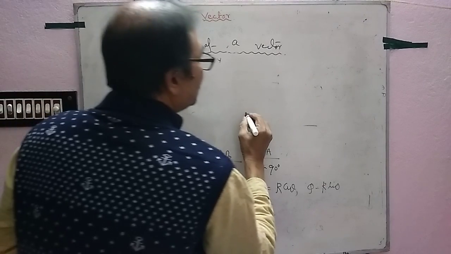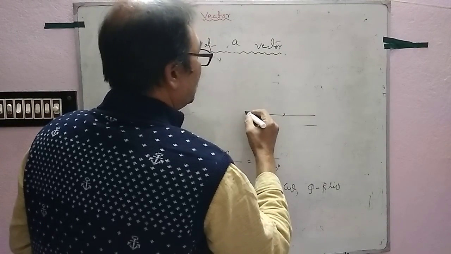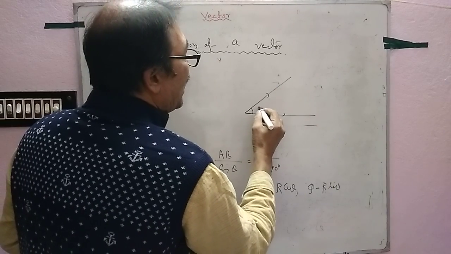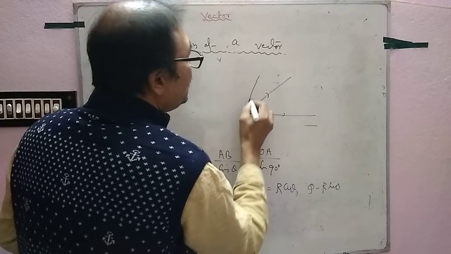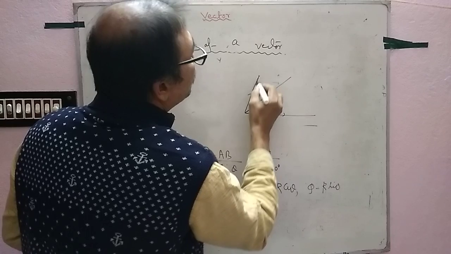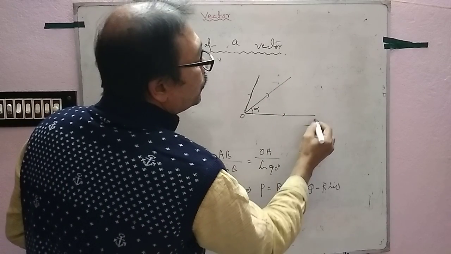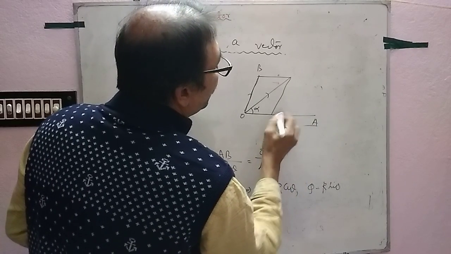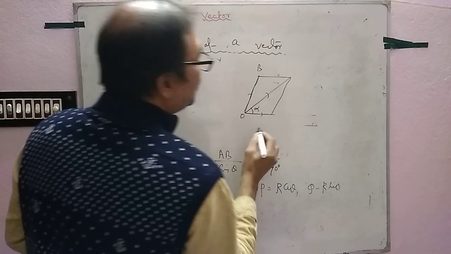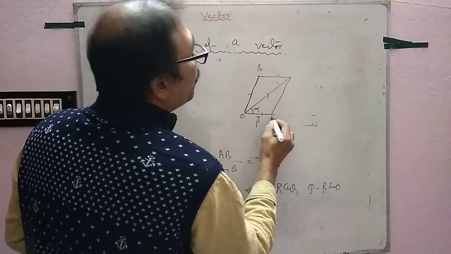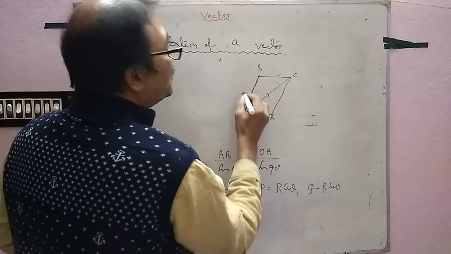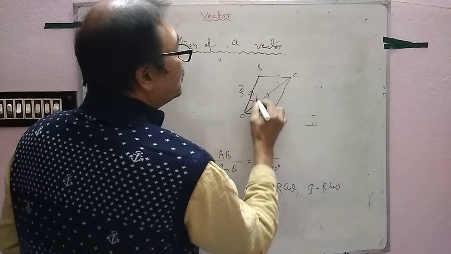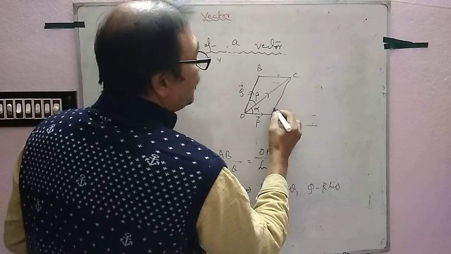Suppose this angle alpha, this is another component. Follow, O A B. This is the parallelogram law. This is P, OA, BC, this is Q, this angle alpha and this angle beta. So this angle